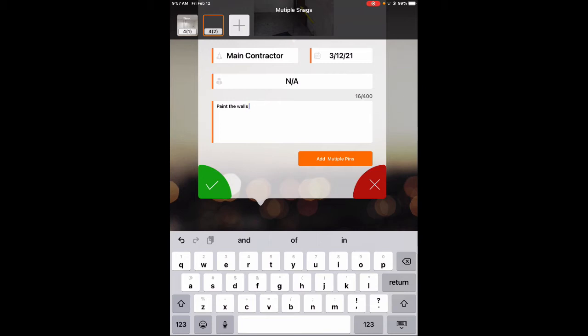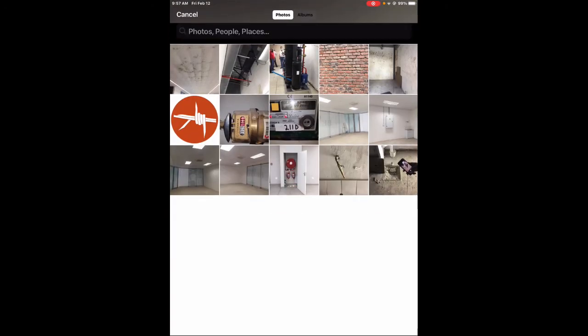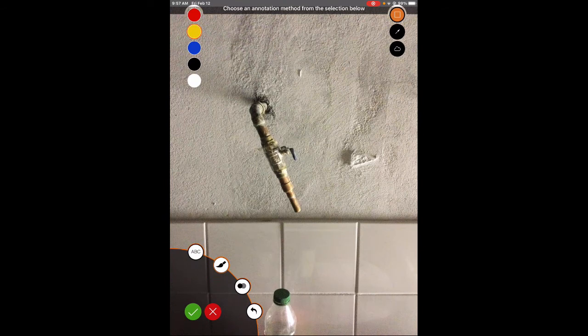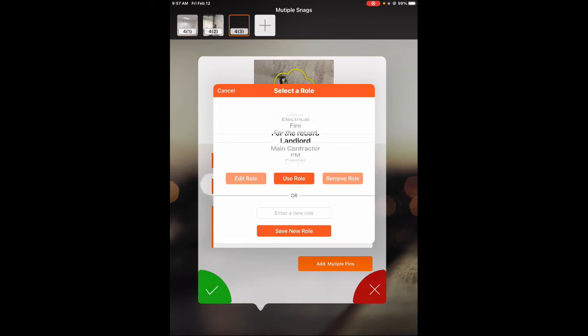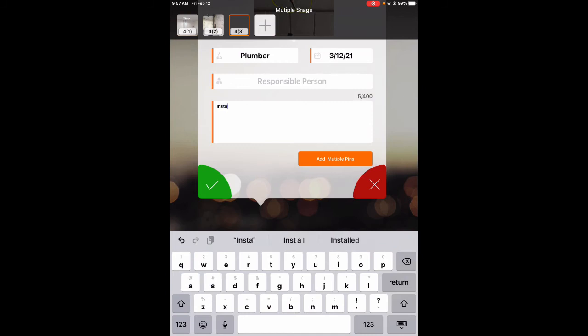Okay, and I can either select the green tick on the bottom left, that means that I would go to my next snag but not within this room, or I touch on the plus again. We'll do one last one. Let's put a cloud around this one. There we go. I'm going to say this is a plumbing problem. Right, so now I selected the green tick on the bottom left,